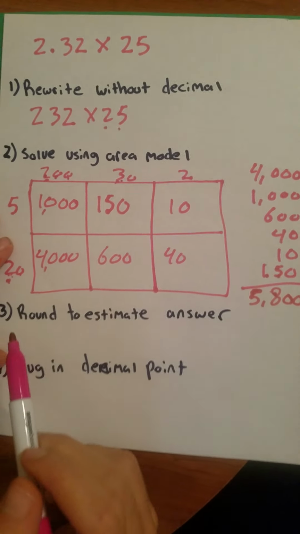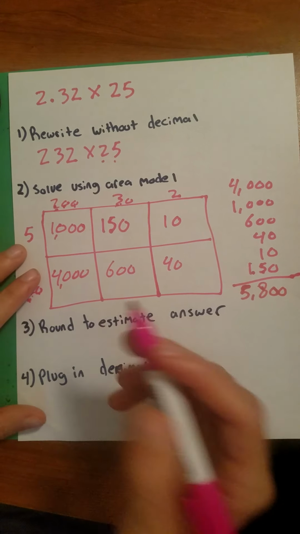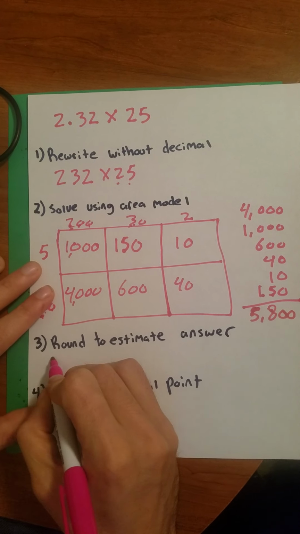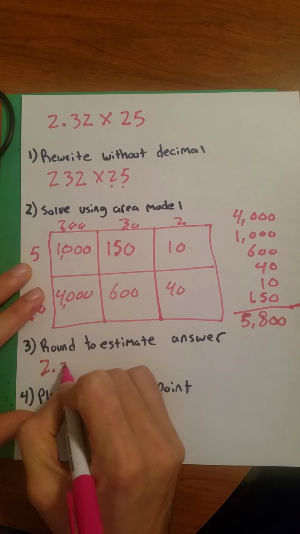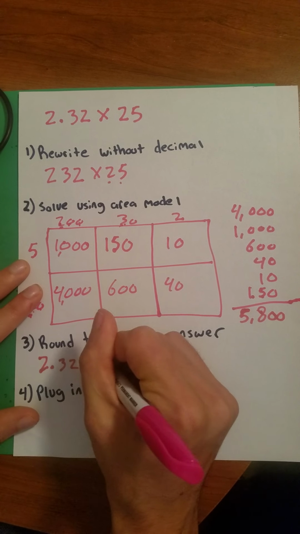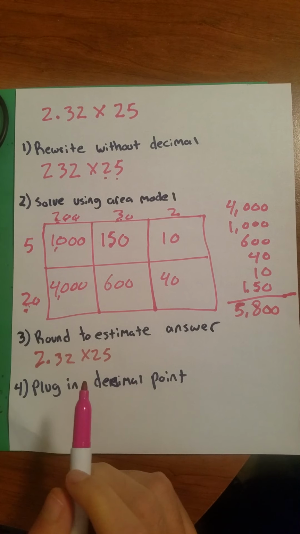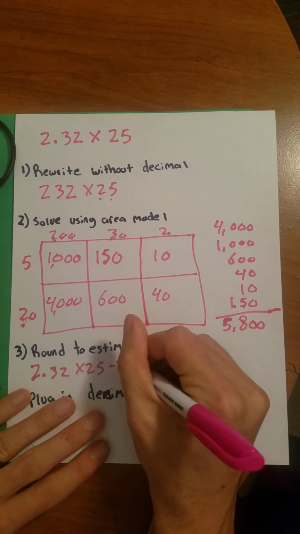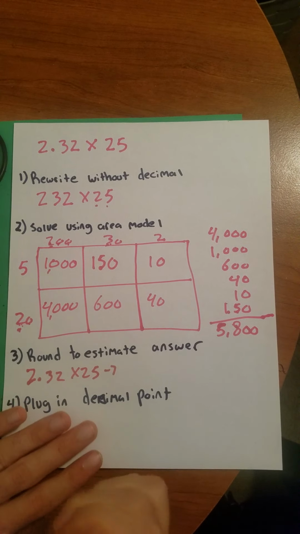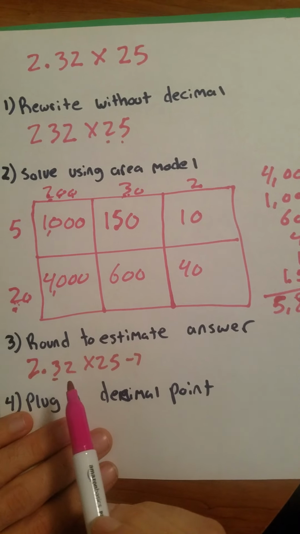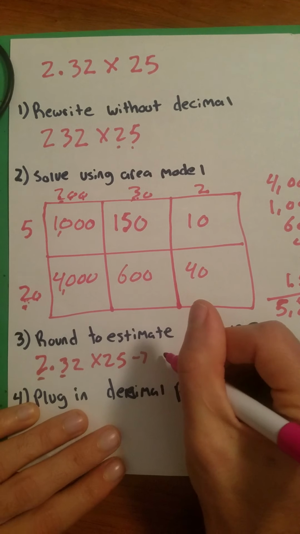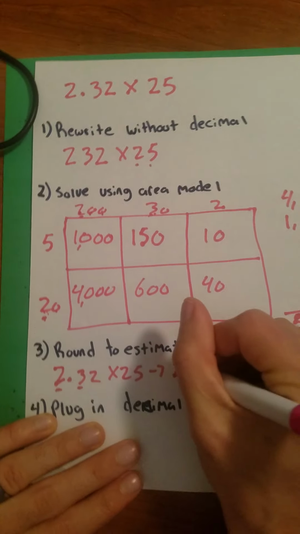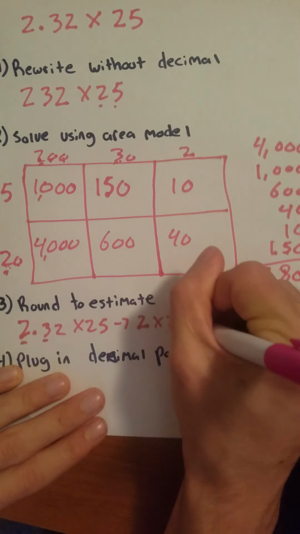Then you're going to round the original problem to estimate your answer. 2.32 times 25. Remember, we want nearest whole numbers for both of these. Now, 25 is already a whole number. That's done for us. 2.32 is going to round down to the nearest whole number. Remember, not 2.3. That would be the nearest tenth. We want to the nearest whole number. It's going to be 2. So 2 times 25 equals